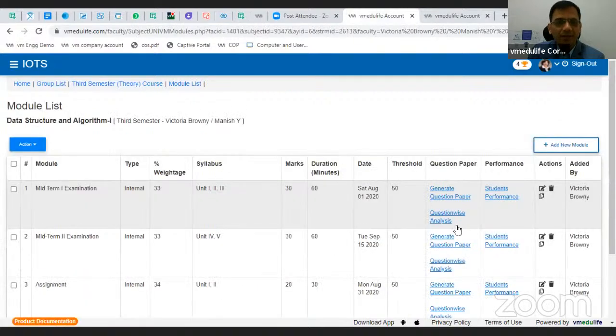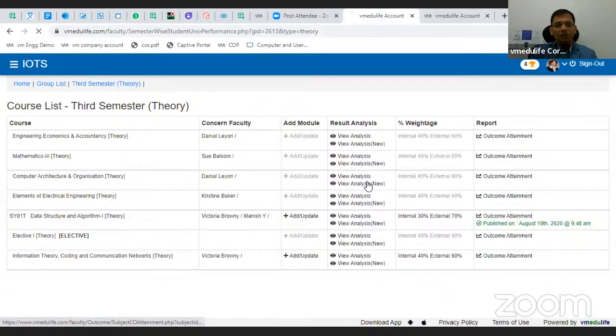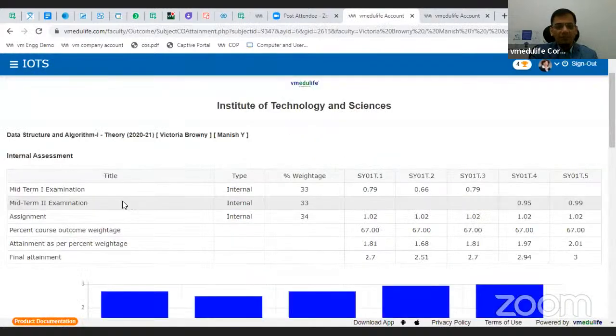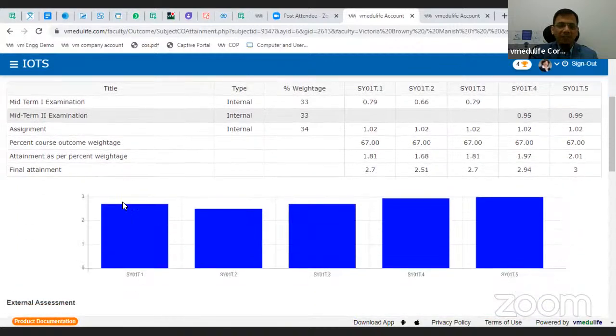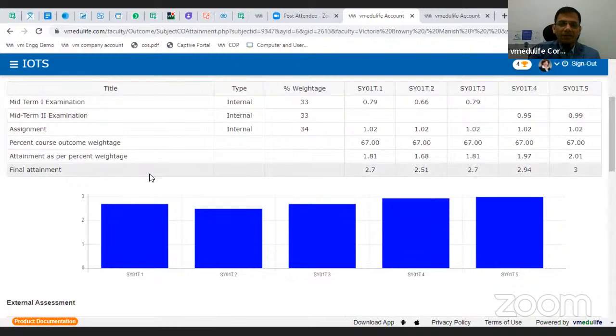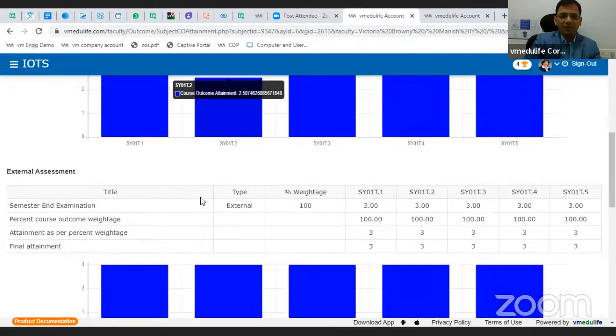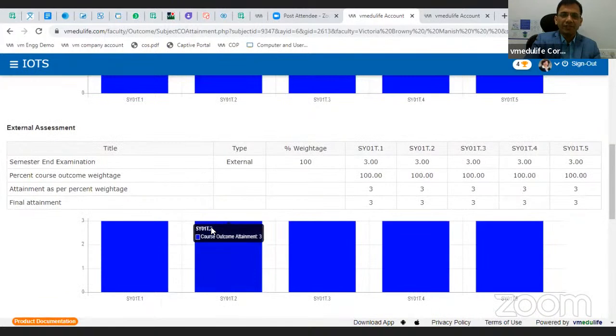If I click on this option, this is the internal assessment report for our midterm 1 and midterm 2. Assignments will be available. Just compare the graphs which are available on the screen. This is the first graph for internal examination. This is the second graph for university examination. The graphs are